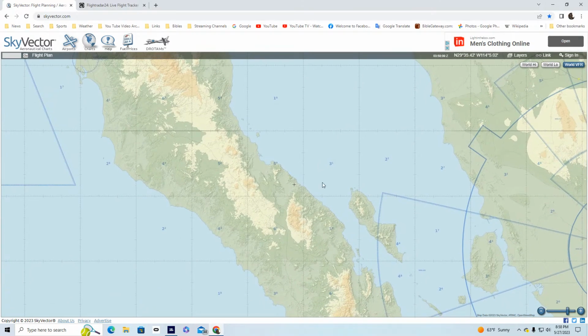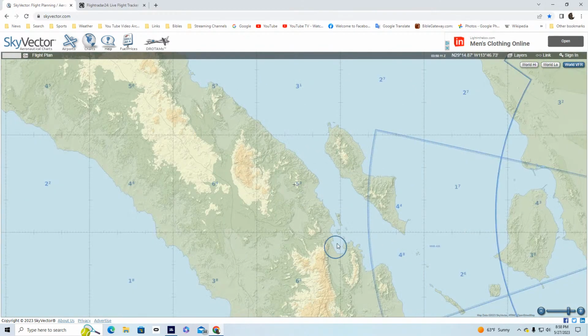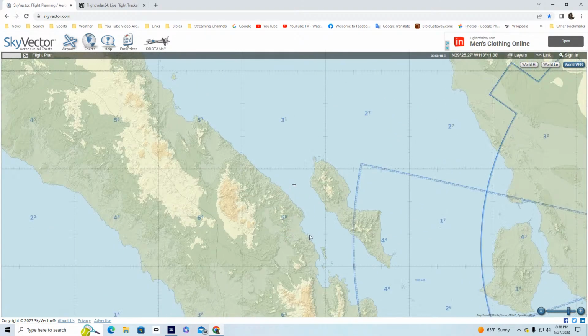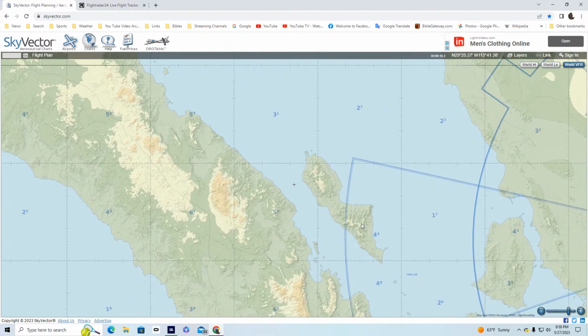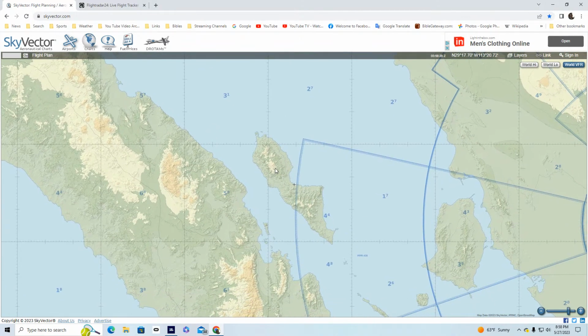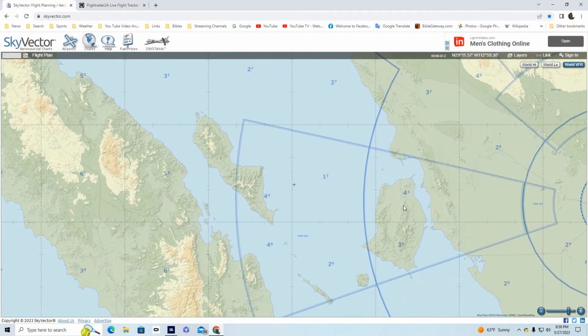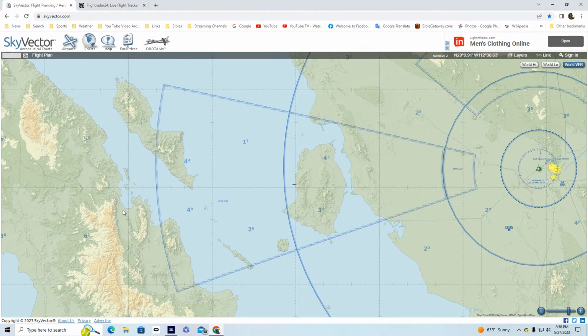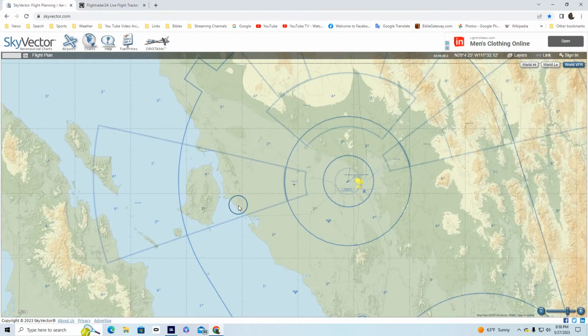What I'm wanting to do is fly to de Los Angeles. It's about right here, and I do want to talk about these islands right here. Actually, I can talk a little bit about these islands on this flight too, since we have so much time. But what I want to do is land here.